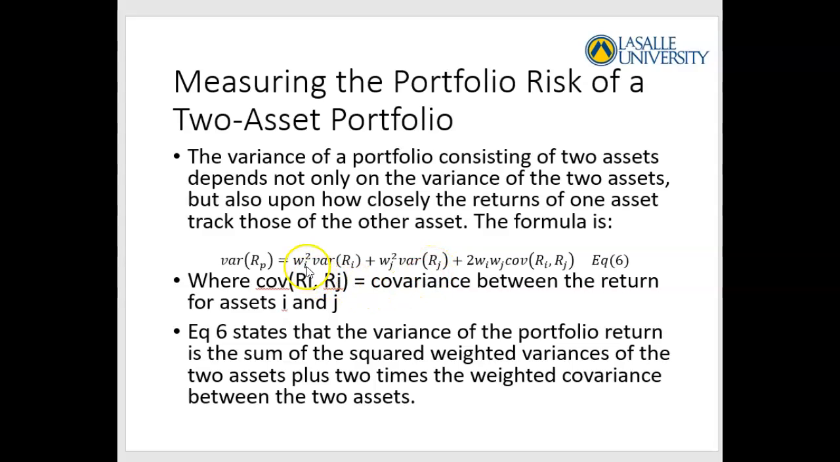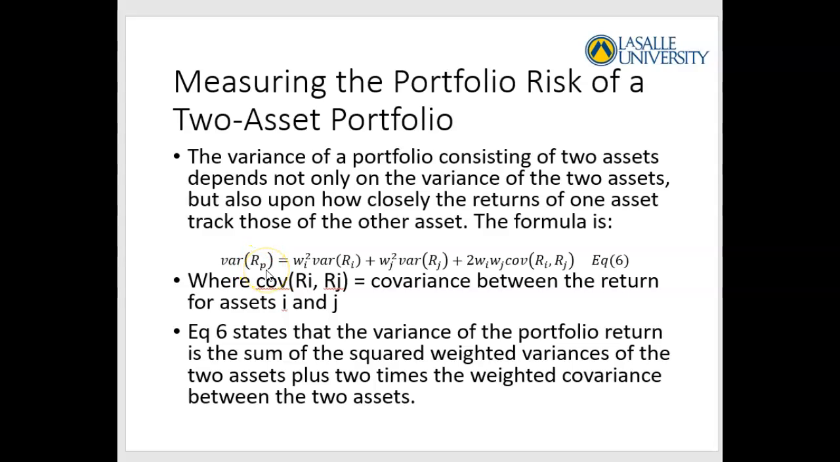In that case, the weights for Ri and Rj respectively would be 40% for Wi and 60% for Wj. So these weights over here are going to be percentages as well, or if you want to use decimals, that's okay too. You would have to square up these weights and use them in the formula to get the variance